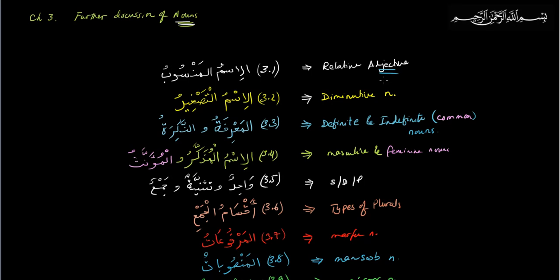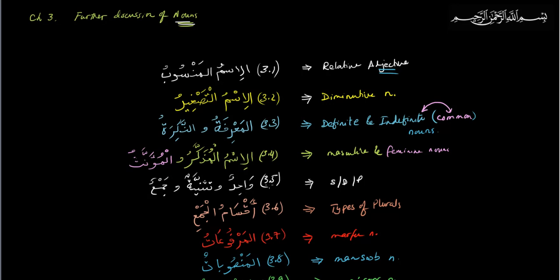That's the second section. And the third section is about nouns that are ma'rifa, definite, or nakira, that is indefinite. Ma'rifa, known, like al-kitabu, nakira kitabun, indefinite. So definite and indefinite. They give a new terminology. I'm used to definite and indefinite, but in this case, they call indefinite common nouns. That's a different terminology, I guess, but indefinite can alternatively be called common nouns. Okay, that's the third section.